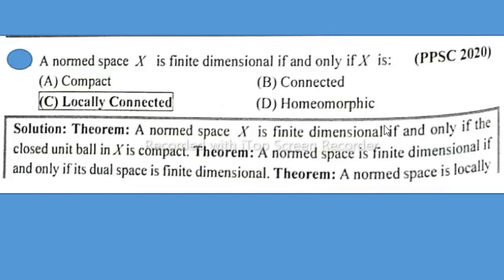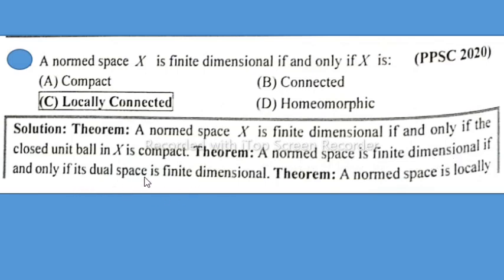In this lecture, I will solve Pakistan Public Service Commission 2020 MCQs, that is, a normed space X is finite dimensional if and only if X is... solution. First theorem: a normed space X is finite dimensional if and only if the closed unit ball in X is compact. Second theorem: a normed space is finite dimensional if and only